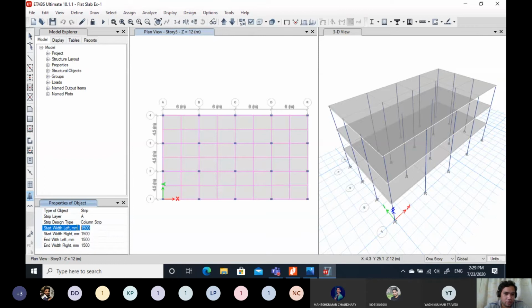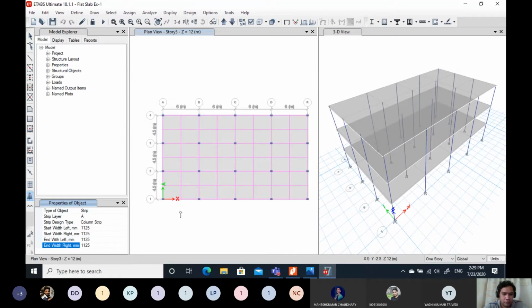So here we have to provide half of that, so 2250 by 2, that is 1125. So set 1125, 1125, and 1125.